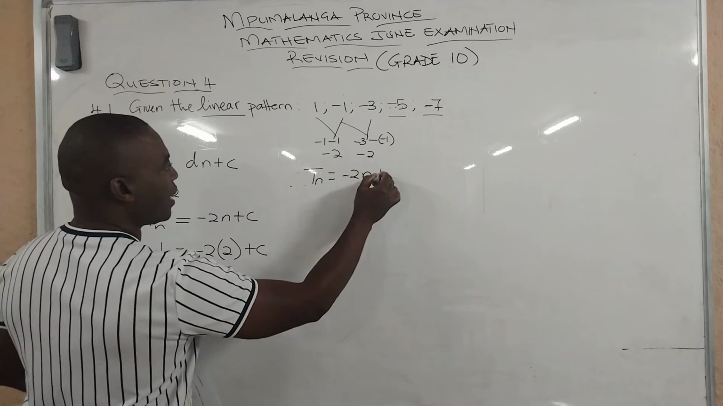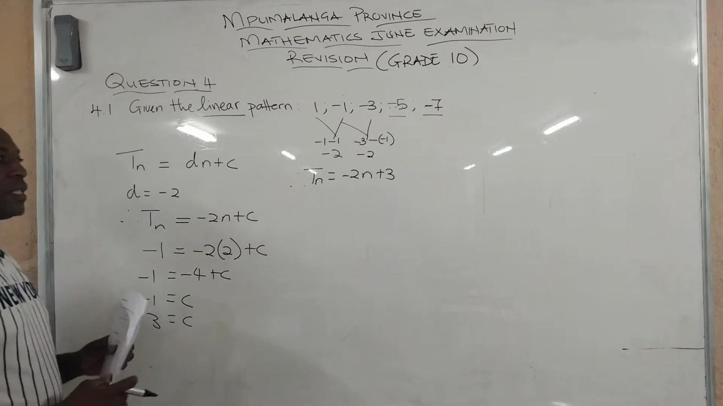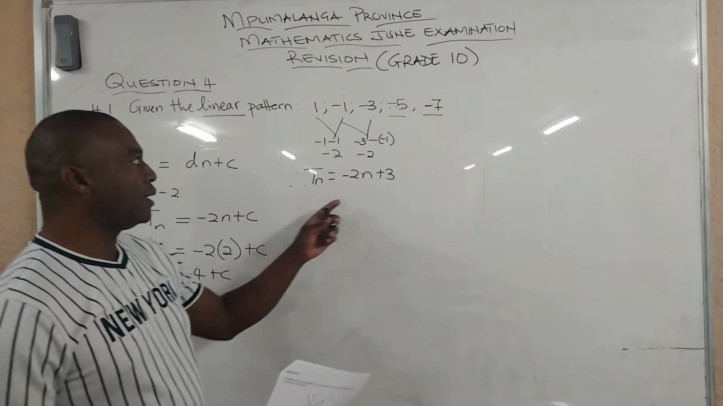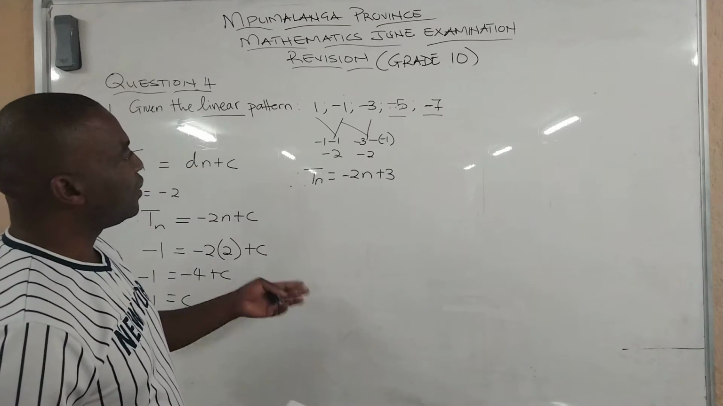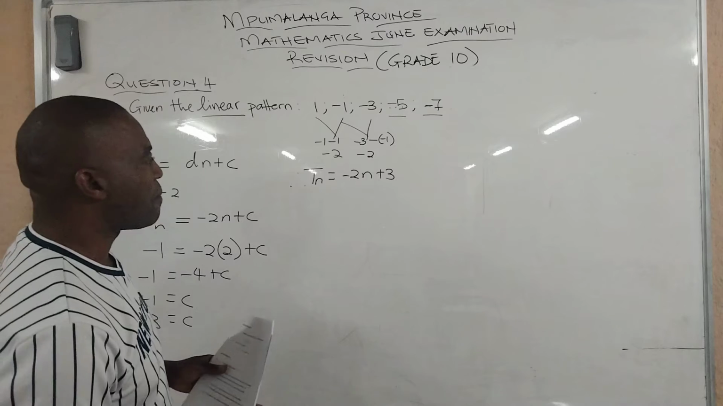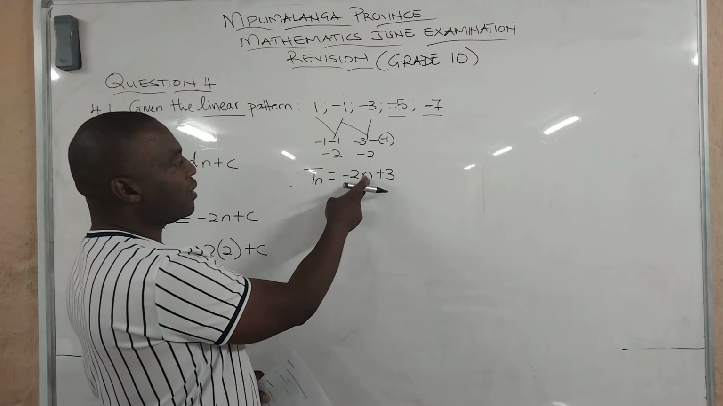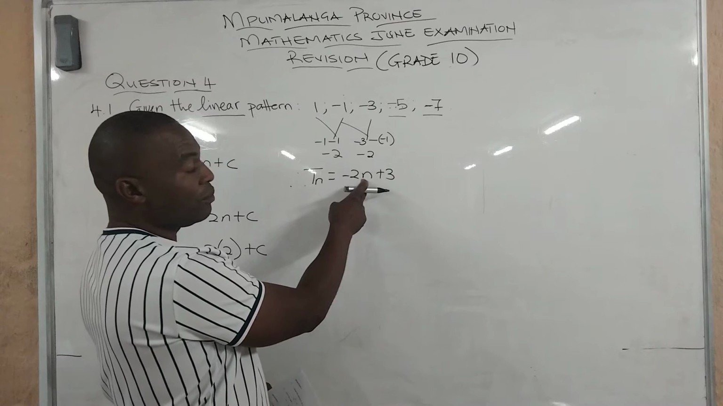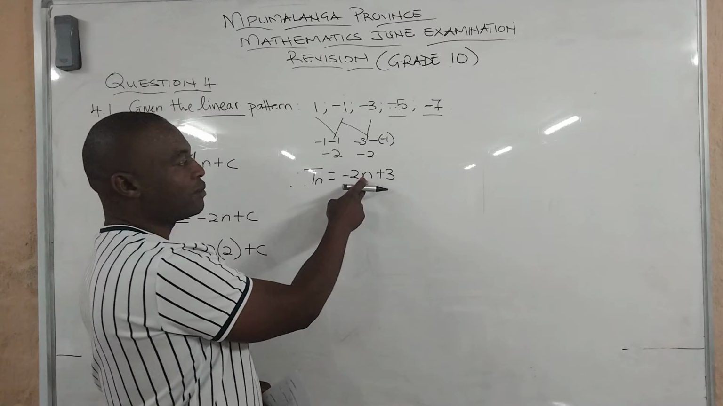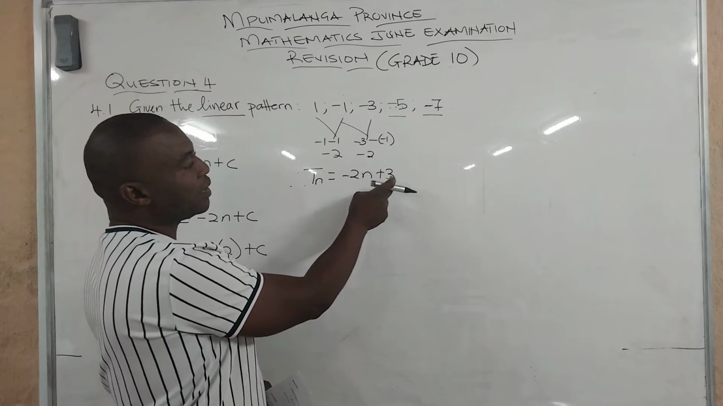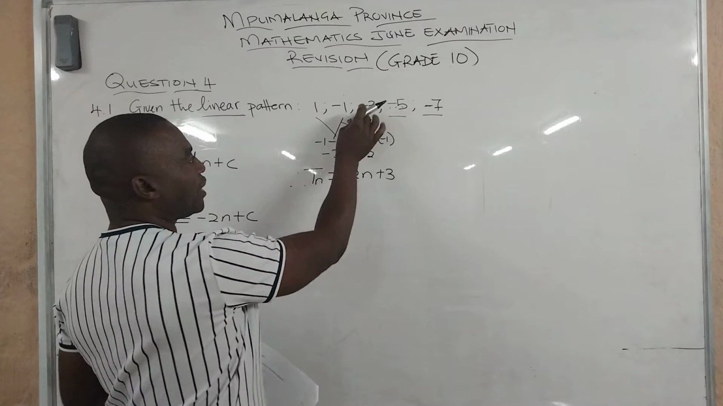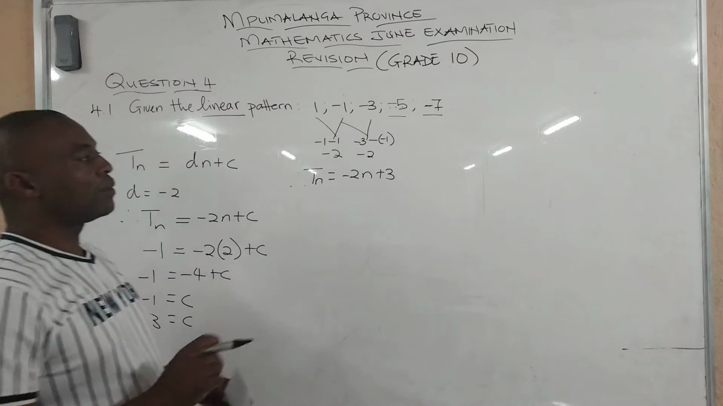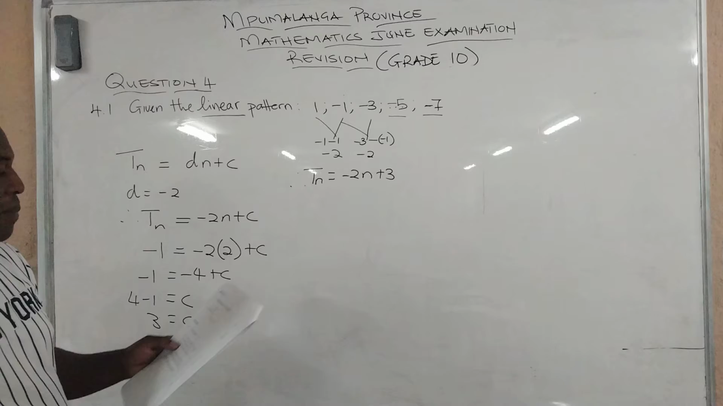-2n plus 3. Just check if your Tn is correct. You can use term number 3. If you put 3 here, it will be -2 by 3, which will give you -6. And -6 plus 3 gives you -3. So that means your Tn is correct. And then